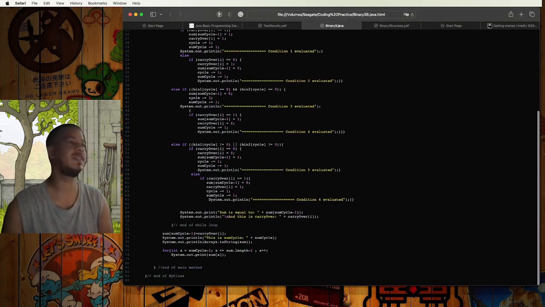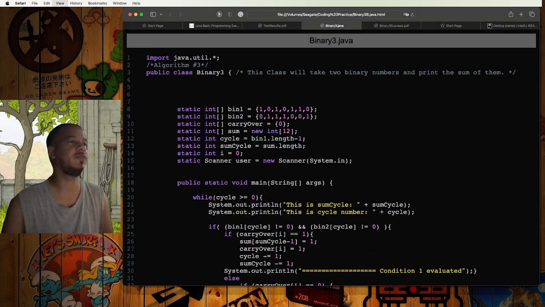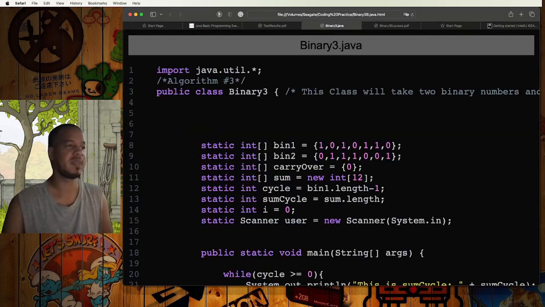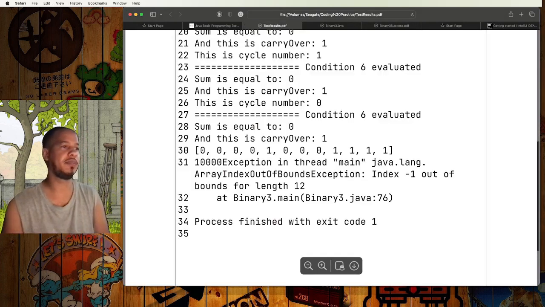Okay, this is the updated, the latest one. Let me increase the size too, so it's easier for everybody to read. Okay, that's much better. And these are the initial results when I put the test